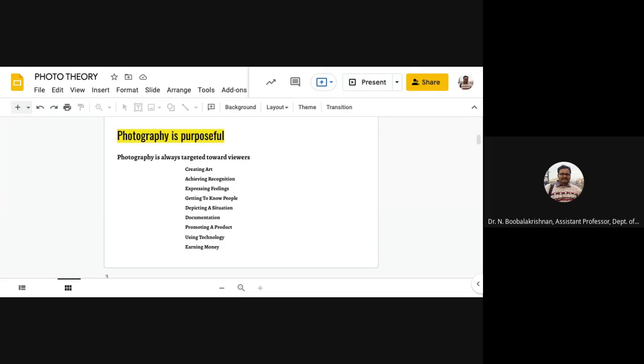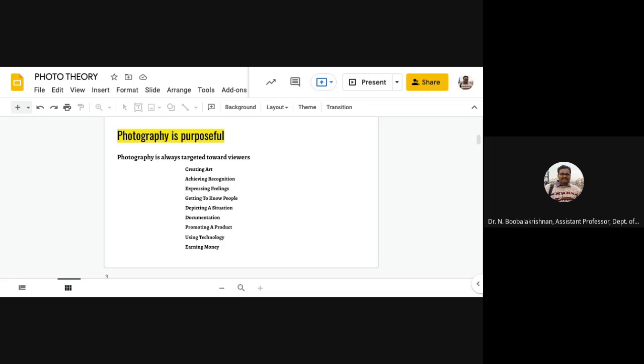As I said, if you learn photography technically, the satisfaction we get comes not only from the viewers and how they see your photographs, but from your peers' recognition. That is professionalism. All the professionals just need their peers' recognition for their achievement. Then expressing feelings, getting to know people, depicting a situation: by capturing a moment, you're depicting a situation.